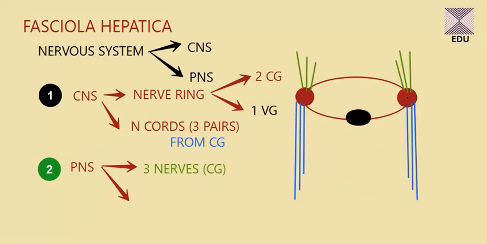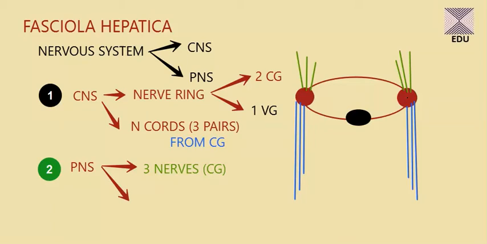So you know that at the anterior end in Fasciola hepatica you have a mouth and an anterior sucker, and you have a pharynx also. So to control this particular structure, the anterior part, you have got these 3 pairs of nerves from the cerebral ganglia. Now here I want to mention that cerebral ganglia are also considered to be the brain of Fasciola hepatica. So wherever you get this particular name or nomenclature, cerebral